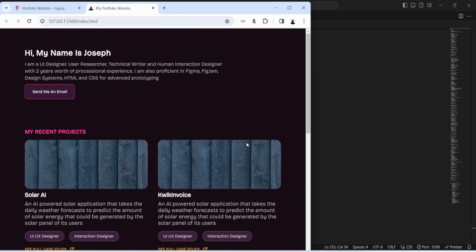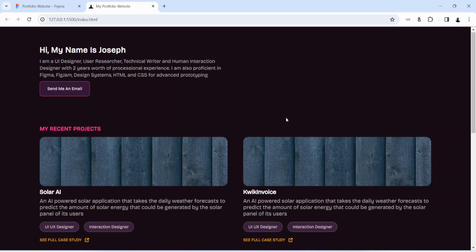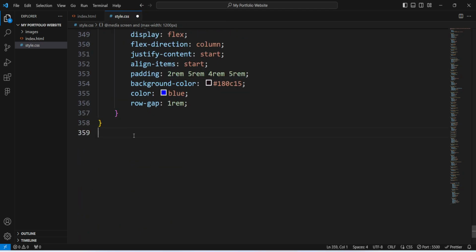Now, what we need to optimize the website for next is to ensure that the website looks good on mobile devices. So for that, we are going to come here and create another media query block that will target mobile devices that are in landscape mode and mobile devices that are in portrait mode. So I would just come here. I would say at media screen and I would say, now let us